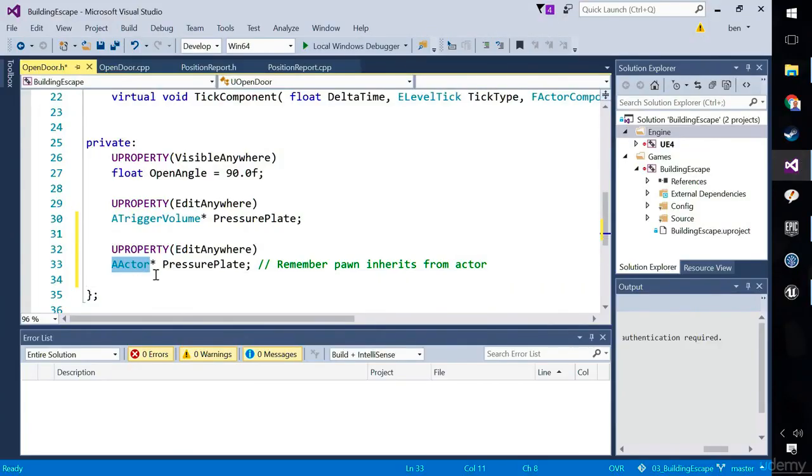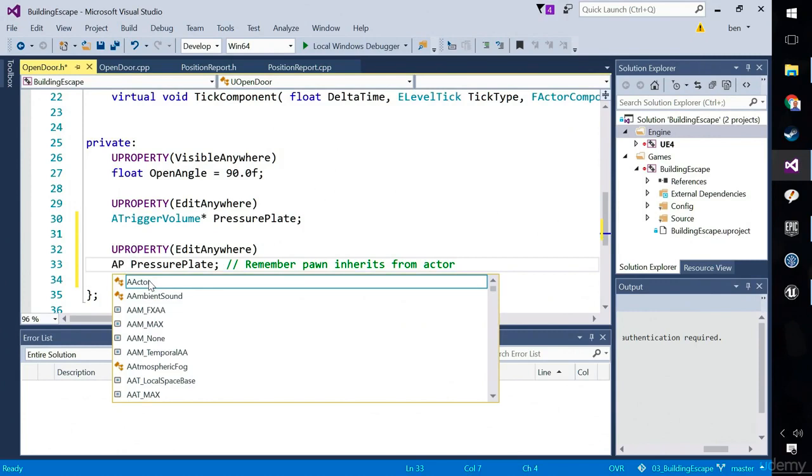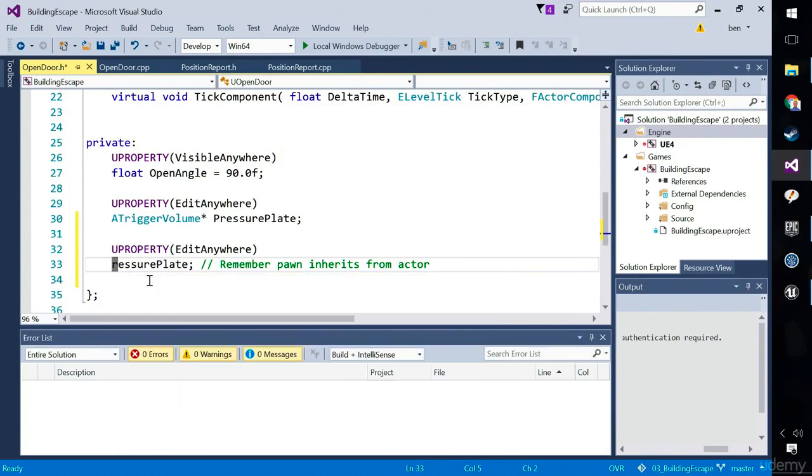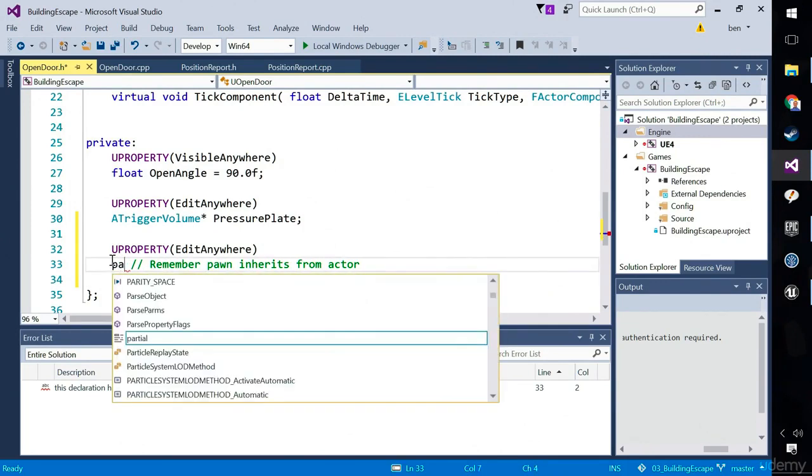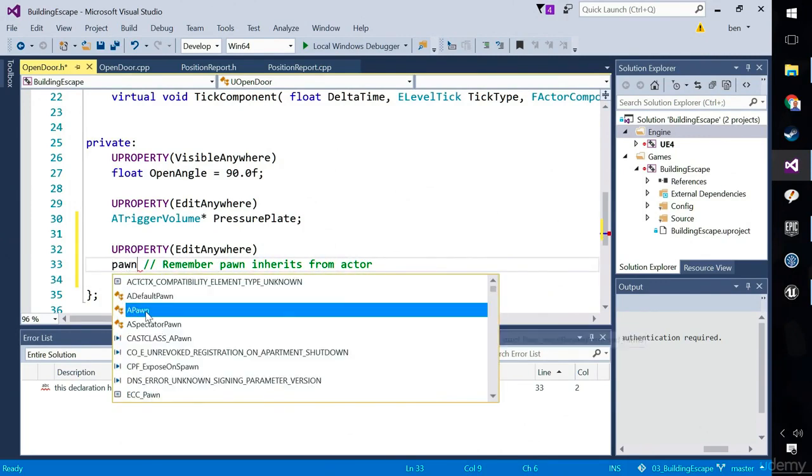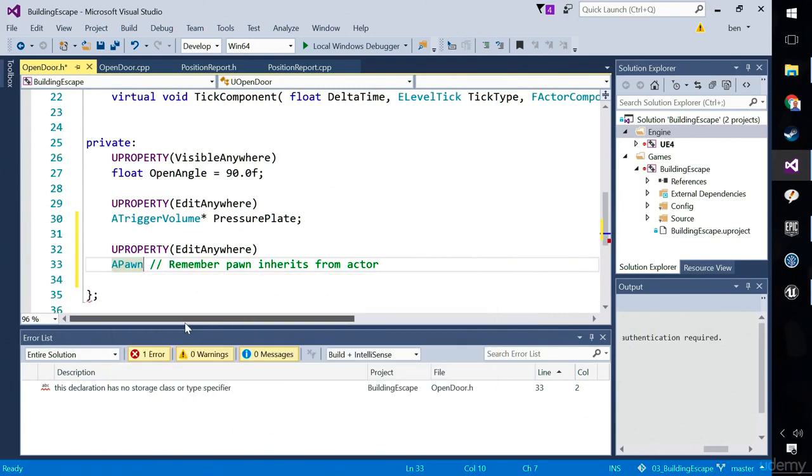So we're using an actor because it's more general. You could say a pawn, or just type the word pawn, spelled correctly, of course, and you find a pawn, and then you're being even more specific. So we can do that if you wish. A pawn or an actor. I'm going to use an actor. It doesn't really matter here which we use. An actor,